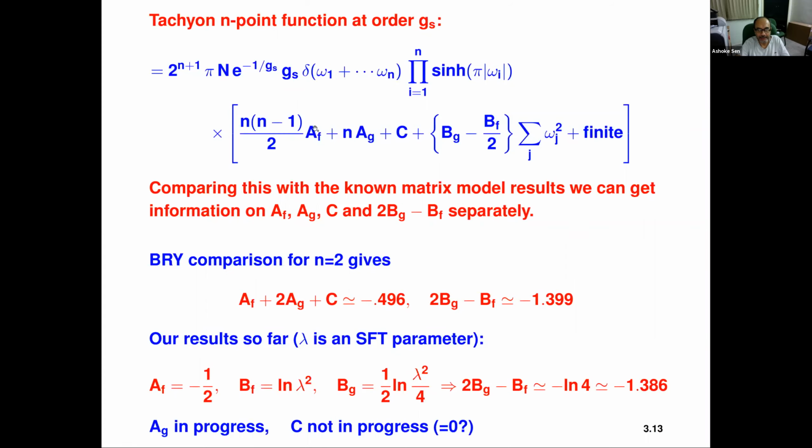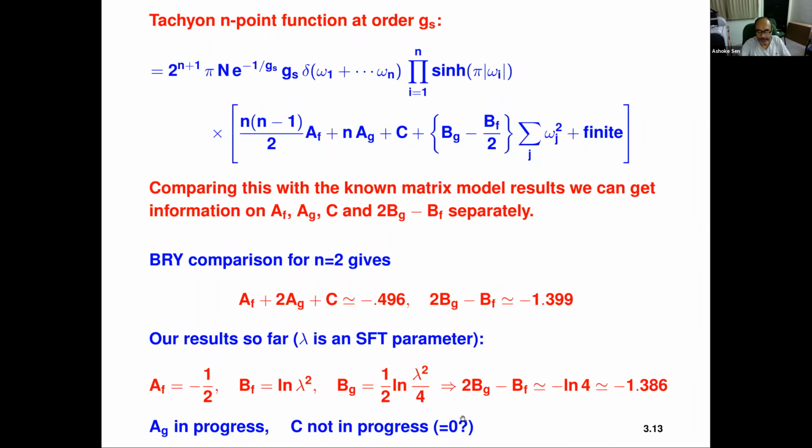formally this makes sense. Everything goes to 0, right? There is no AG now. So you get the result C times e to the minus 1 over GS times GS. What should you compare it with in the matrix model? If we postulate that what it represents in the matrix model is the exponential of the instanton action, because you see on this side it's the exponential of the instanton action, C can be thought of as a correction to the instanton action. So if we believe that the correspondence goes beyond just the tachyon amplitudes, and for the 0 tachyon amplitude this represents the exponential of the instanton action, then one can argue that C should actually vanish.